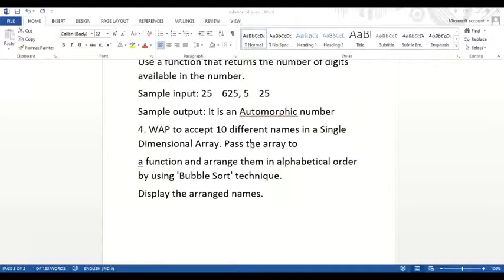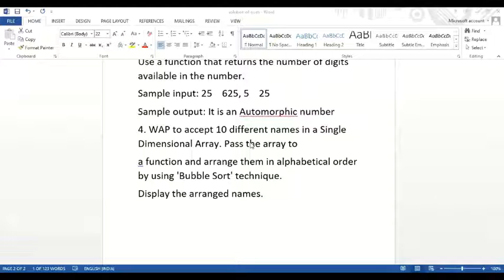The loops will be the same. What are the loops for bubble sorting? The loops are for i equals to 0, i is less than 9, i plus plus. Then the inner loop will be j equals to 0, j is less than 9 minus i, j plus plus.